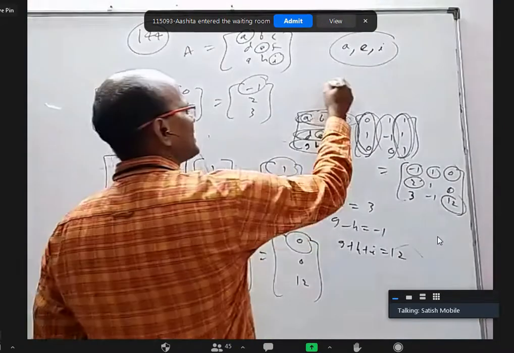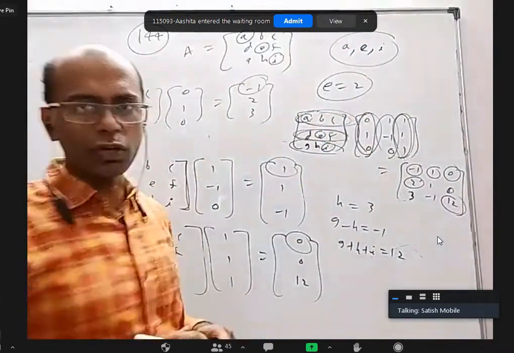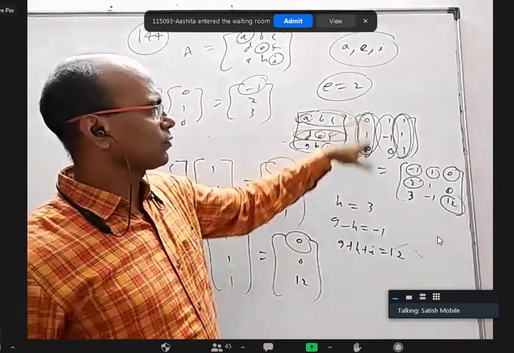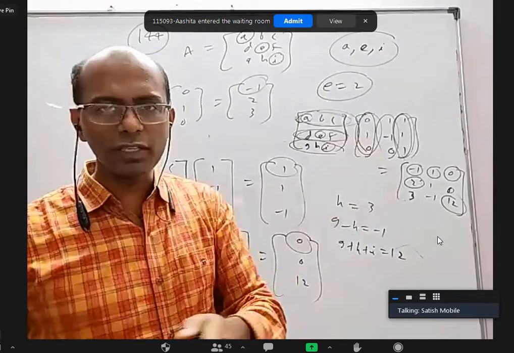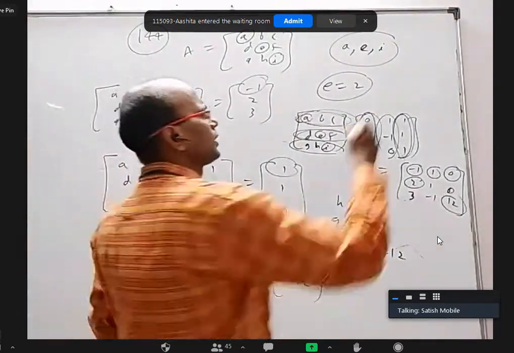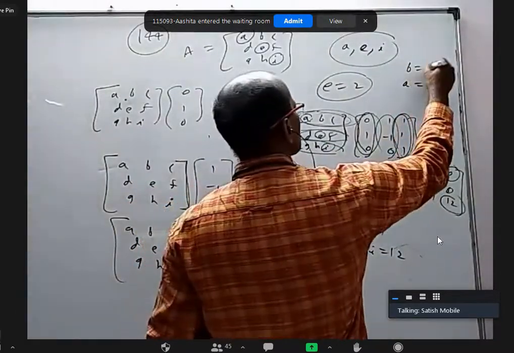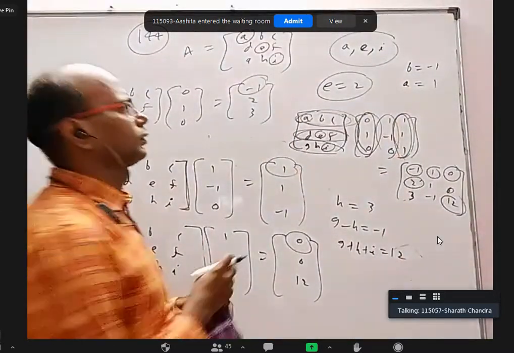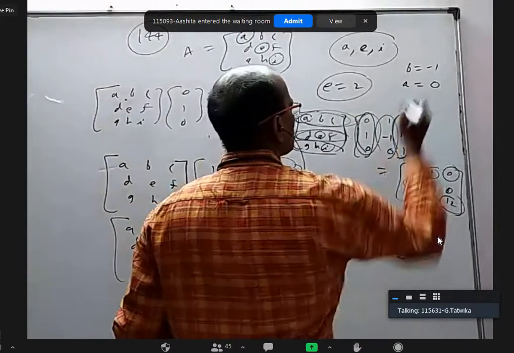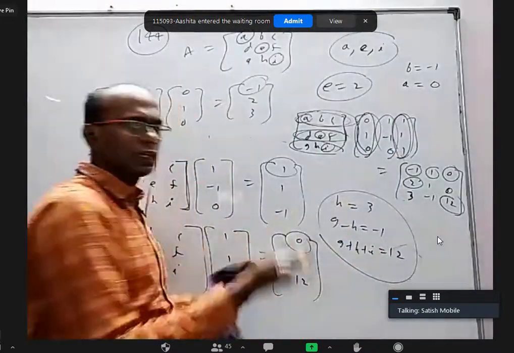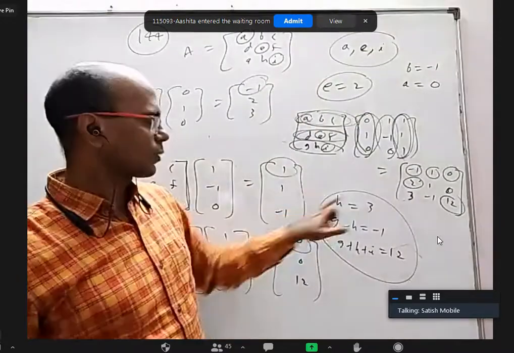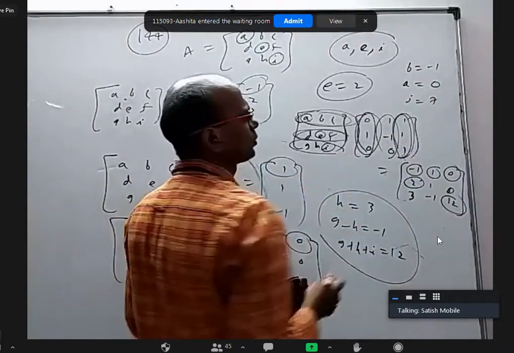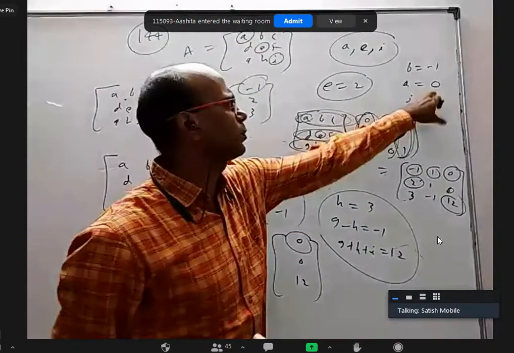So we got E equal to 2 easily. Out of all, we got E easily because of the second row into the first column. And the first row into the first column, second column, third column gave us 3 equations, but the third equation is not required for us. And we could find the A value. First we found B as minus 1, next we found A as 0, sir. And here all 3 equations are required. We find H first, substitute that, you will get G, substitute then that, you will get I. I is 9, sir. You got 0 plus 7 plus 2 is 9.